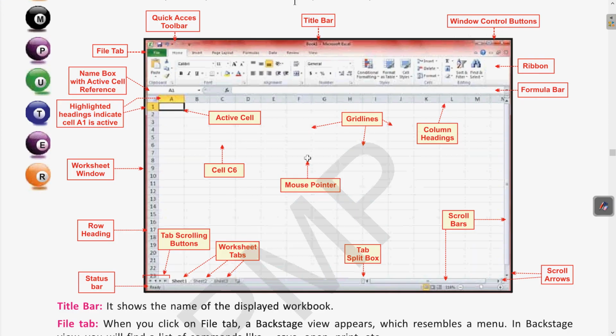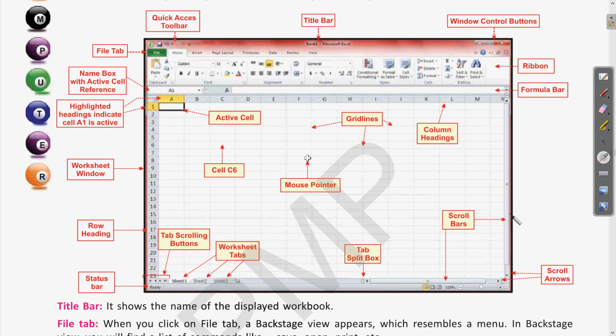So up till now we have seen that these are the different components of the Excel window: the title bar, which is present at the top, and the quick access bar, which is present at the left corner, where the frequently used menus or options are. Then these are the grid lines, the intersecting lines which decide the cell. Clear? And a cell is the intersection of rows and columns where the data is entered in the worksheet. Clear? Then we have scroll bars at the bottom as well as to the right side of this worksheet.